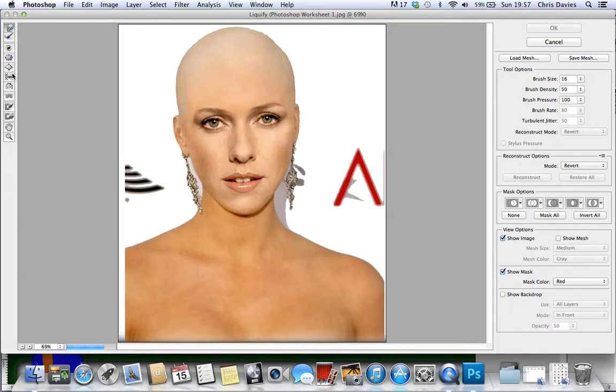Now when the liquefy box comes up, there's different tools on the left hand side. Let's just show you what they are roughly. Firstly, this tool is the forward warp tool. If we click on that, it basically smudges things around. Now we've got different brush sizes here, so maybe something a bit halfway in between those. There. So for example,